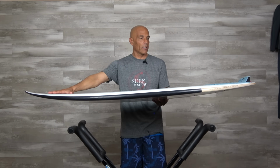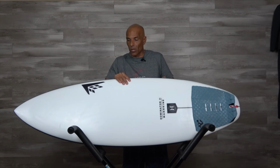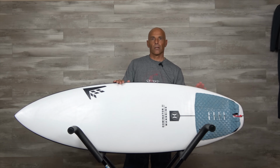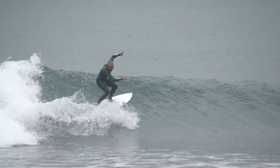So let's start with rocker. Talking about pushing this board in some bigger waves, it's got medium entry and medium exit, but it's not super obvious, right? The other thing I want to point out is the outline. You can see a little bit of a bump or hip right here. Now we know that that will give us something to pivot off of,